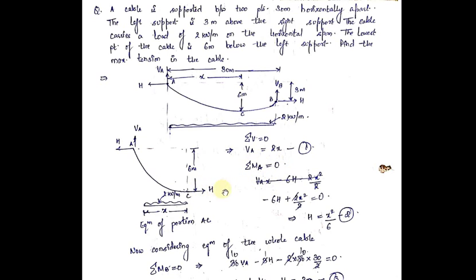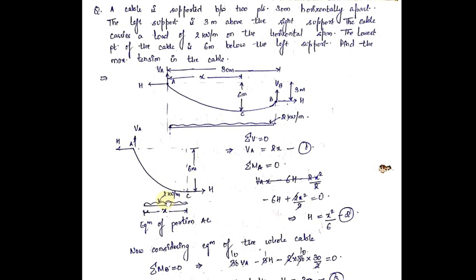So the horizontal thrust is acting in the rightward direction. So this horizontal thrust will produce an anti-clockwise moment about point A. So minus. For anti-clockwise, we are taking minus. The horizontal force is capital H, and the perpendicular distance of capital H from support A is 6 meters. So minus 6 into H.